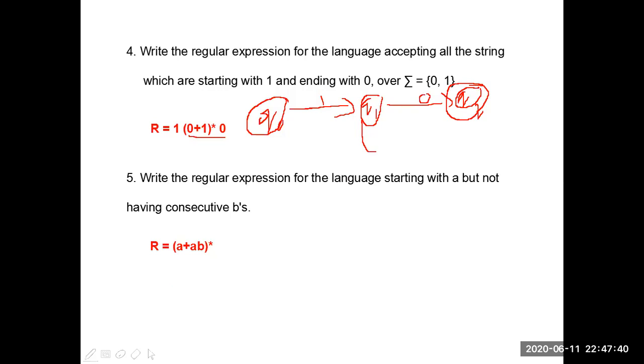If 1s came, and after 1, if 1 came, how can we represent that one? For example, if 1 came,